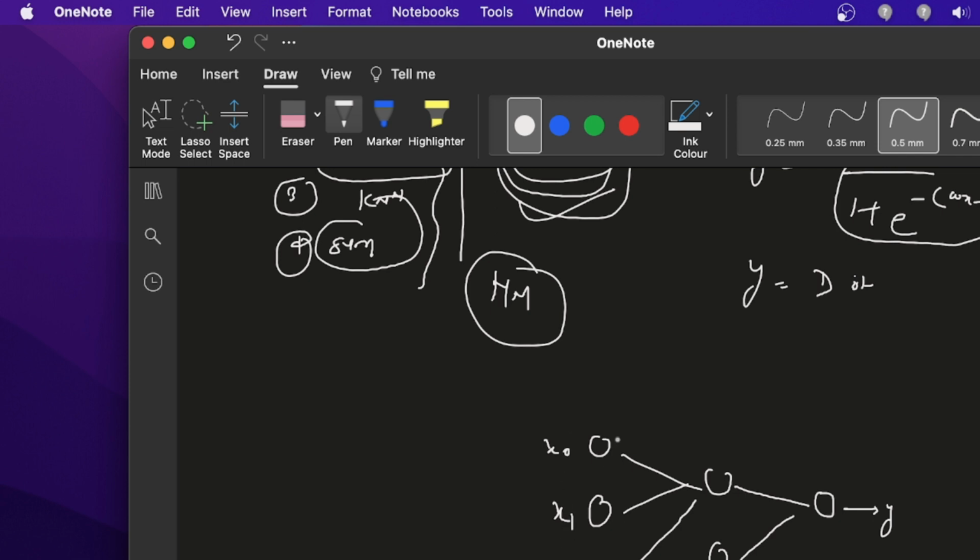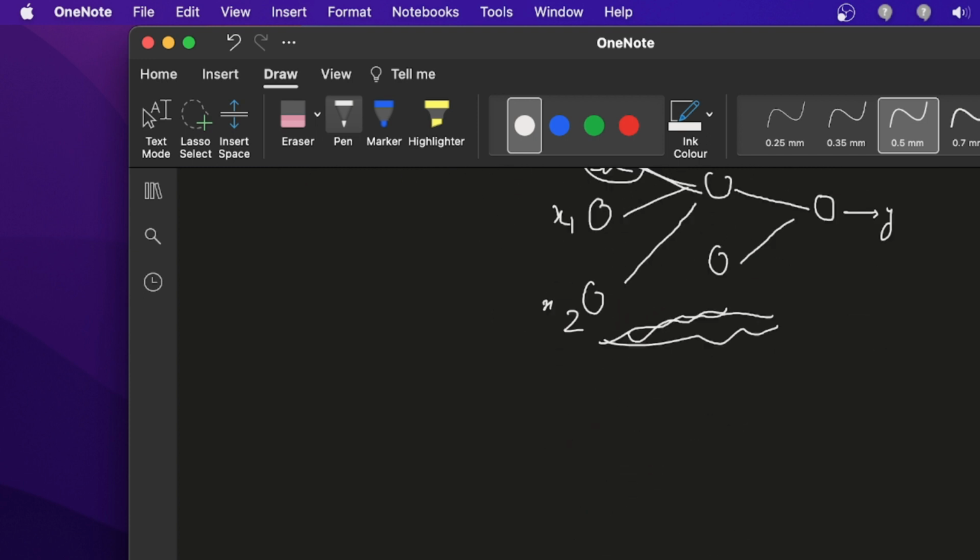So this is nothing, guys. This is your neural network. Neural network comes from neuron. This is called the neuron, and when you use multiple neurons, this is called the neural network. In this classroom, we will discuss every point of this network: what is the meaning of this, what is the meaning of this, and so on. So let's start one by one.